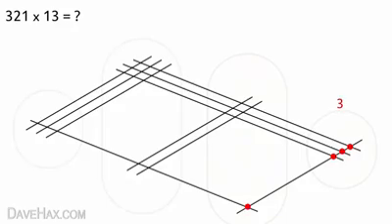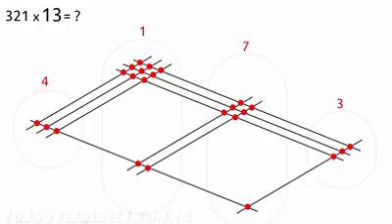3, 1 at the bottom, 2, 3, 4, 5, 6, 7. Then 1, 2, 3, 4, 5, 6, 7, 8, 9, 10, 11. So again, we leave the last digit there, carry the first digit over to the next zone, and add it to the dots. 1, 2, 3 plus 1 gives us 4. 4, 1, 7, 3. So our answer, 321 times 13, is